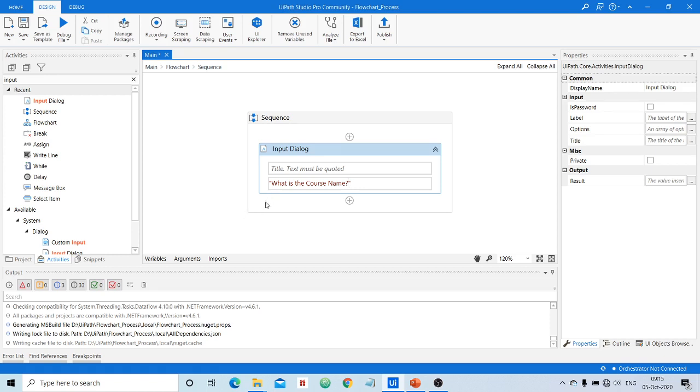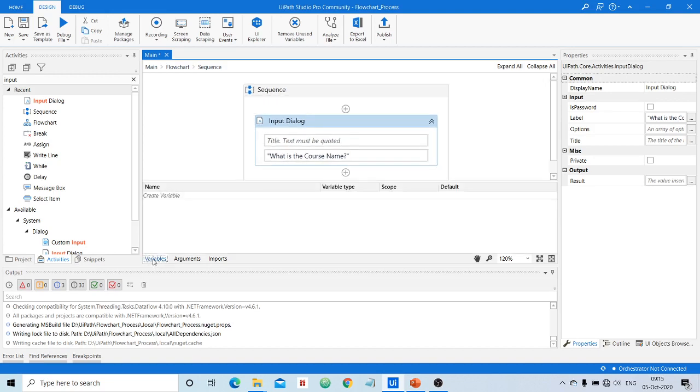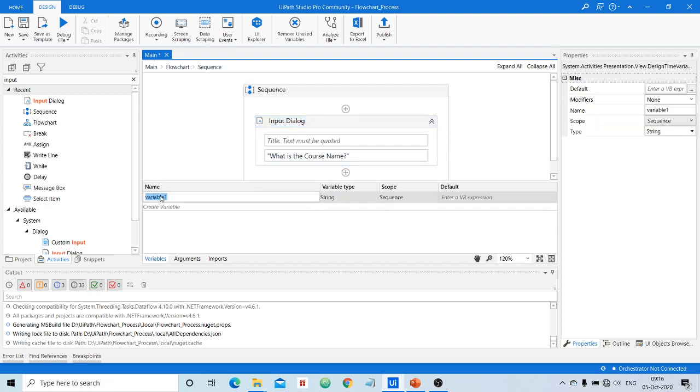Then this is the area which will be used by the user to enter the value. Usually the value entered by the user will be in the form of a string. Let us say I want to store that string in a variable. Theoretically we have seen that we can create variables in the variable panel. Just click on the variable panel, then click over here, and it will ask for the name of the variable. I will enter the name of the variable as name itself.